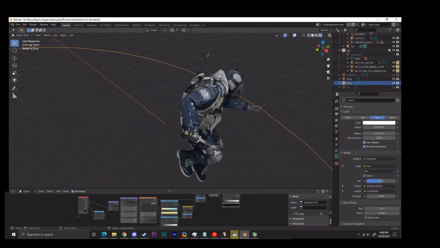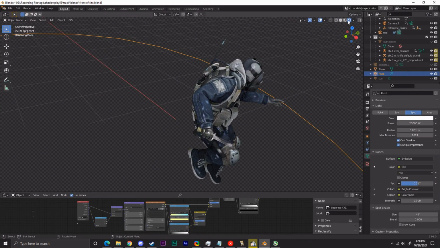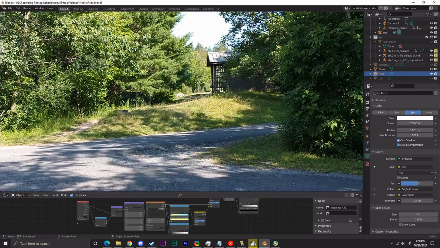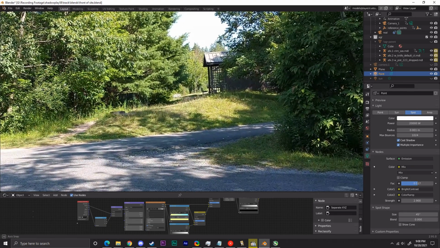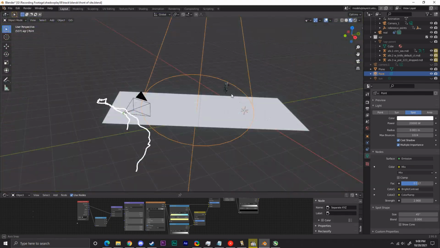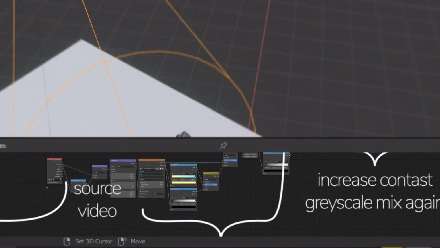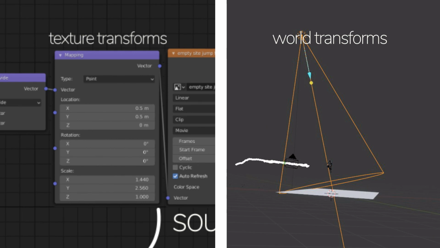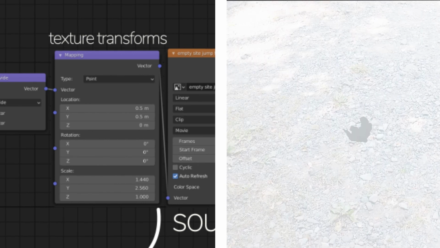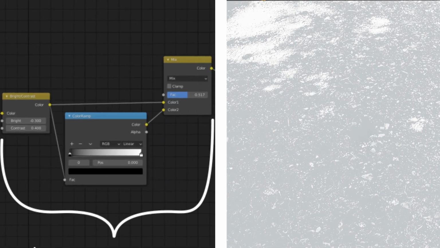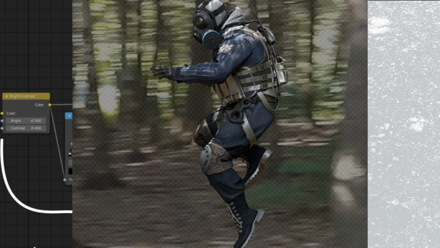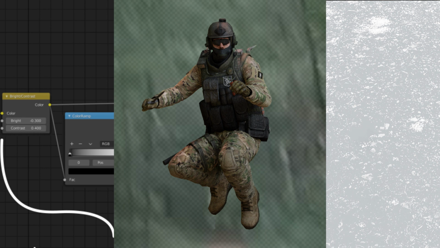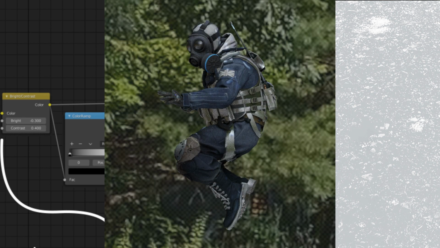The first advanced technique we'll be covering is the spotted light source. Because the environment I filmed in had a lot of trees, the lighting was very spotted, so I had to replicate that in 3D. The way I did this was by creating an area light and making it use the original clip as a filter of sorts. I then adjusted the position, scale, and rotation to make it act more like a sun, and increased the contrast and lowered the saturation to create the spotted look. It worked well on some of the clips and not so well on others, but I felt forced to use the correct clip for each so that the lighting would match better.